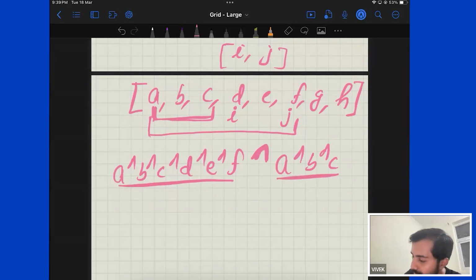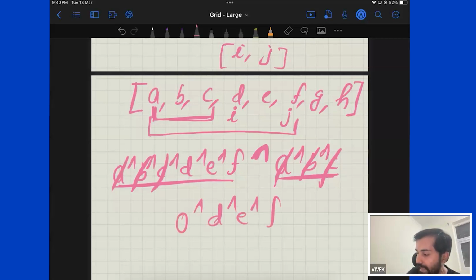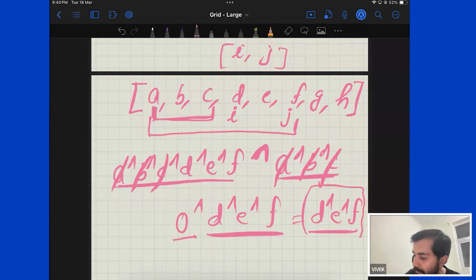to happen. You can see that this A and this A will cancel out, right? Because A XOR A is 0. B will cancel out. C will cancel out. So this entire thing will cancel out that entire thing. It will become 0. So what we will get is 0 XOR D XOR E XOR F. And we all know that if we are taking XOR of anything with 0, that is the same as that thing. So actually what we will end up getting would be nothing but the XOR of these elements, which are from index